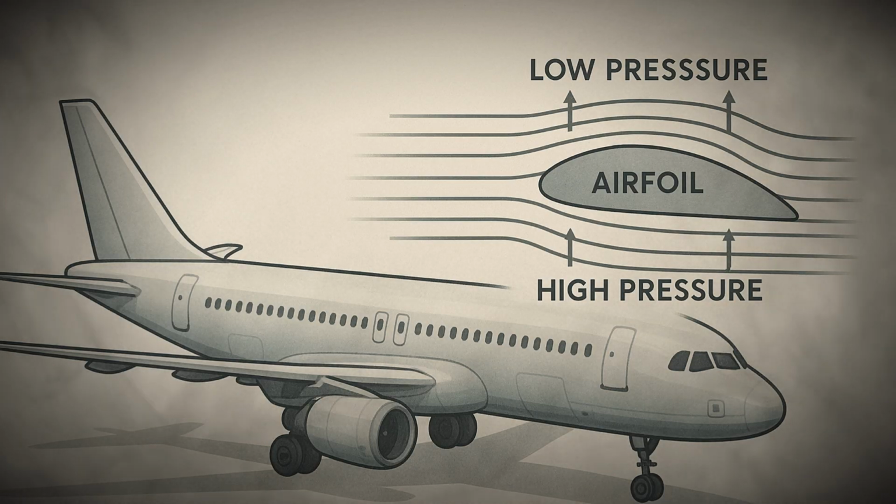Wings come in many shapes and sizes, depending on the purpose of the airplane. Long, slender wings with high aspect ratios are common in gliders and commercial airliners because they reduce drag and provide efficient lift over long distances. Shorter, thicker wings are often found on fighter jets and aerobatic aircraft, where maneuverability and strength are more important than efficiency. The wings also house critical systems, including fuel tanks in many aircraft, as well as control surfaces such as